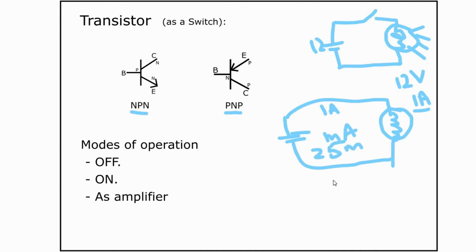There are few ICs that can source 100 milliamps. So now using this signal, how can you turn on a 1 ohm or a 1 amp or a 10 amp load? This is when you will need a transistor. We will need a transistor when you have to turn on a higher load which is drawing more current, but the signal is coming from a microcontroller or IC where it cannot source this 1 amp. It can only source some 25 milliamps or 100 milliamps. So in that case, we will use a transistor to turn on or off the load.